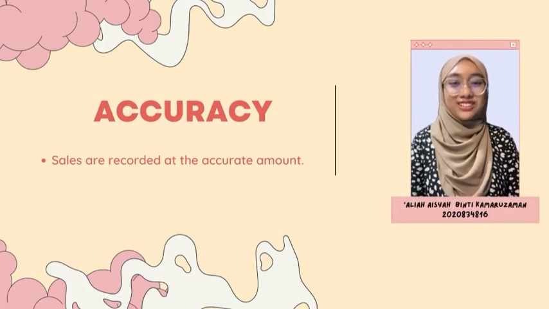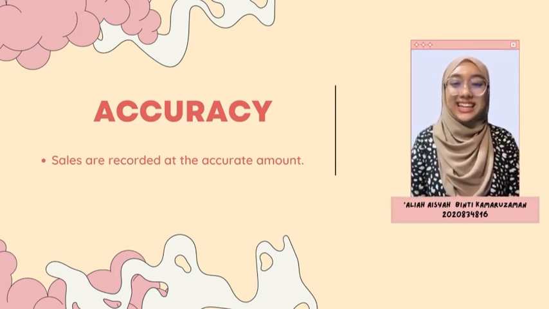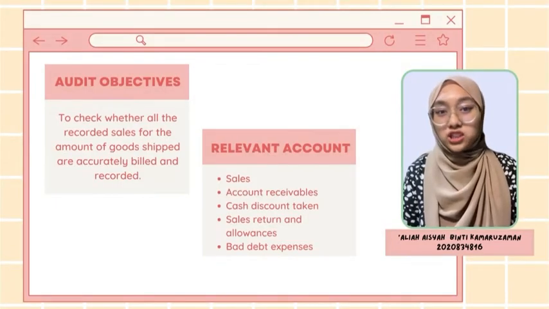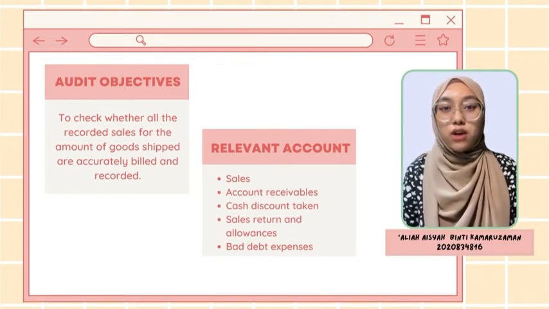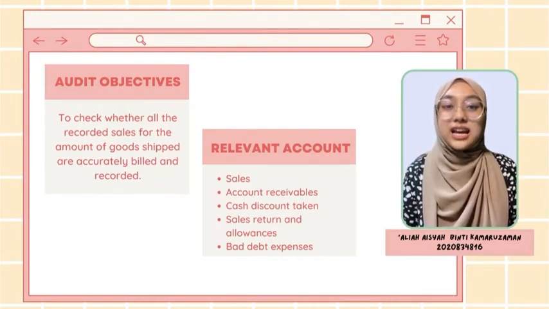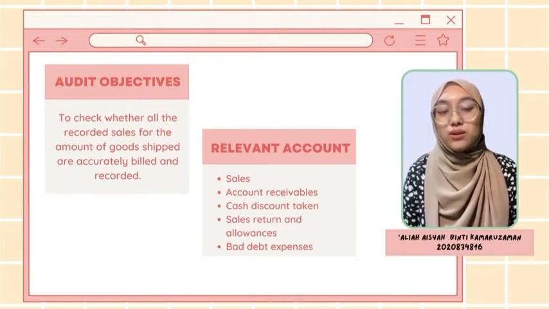Now, let's move on to the third section in sales, which is accuracy. Accuracy means sales are recorded at the accurate amount. The audit objective is to check whether all the recorded sales for the amount of goods shipped are accurately billed and recorded. There are 5 relevant accounts, which are sales, account receivables, cash discount taken, sales return and allowances, and